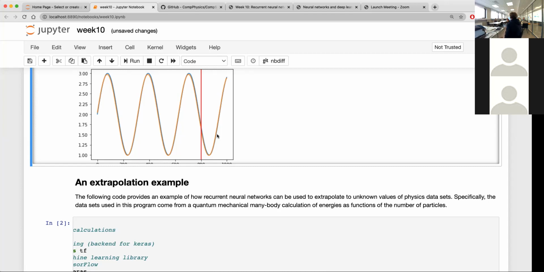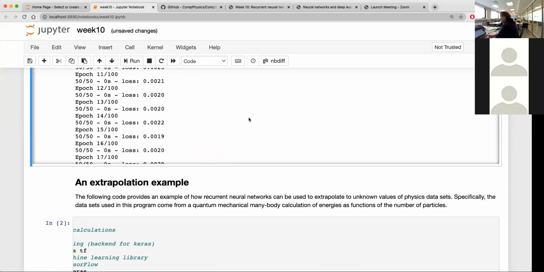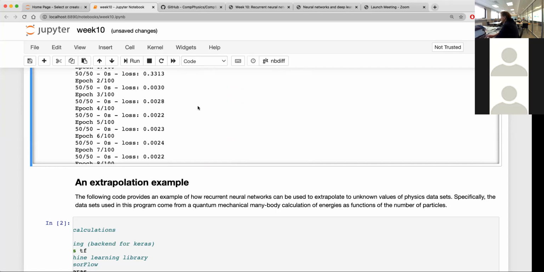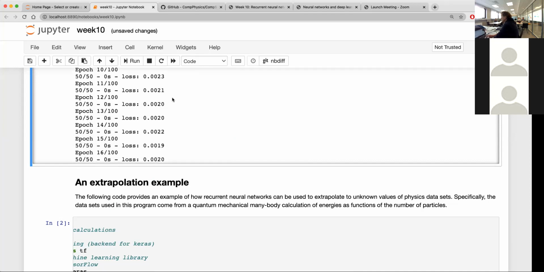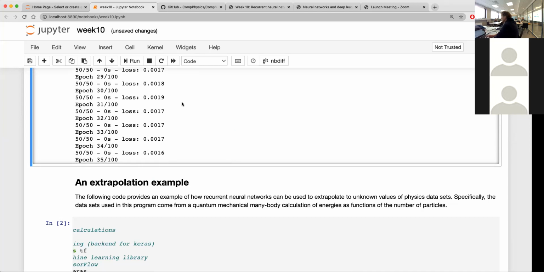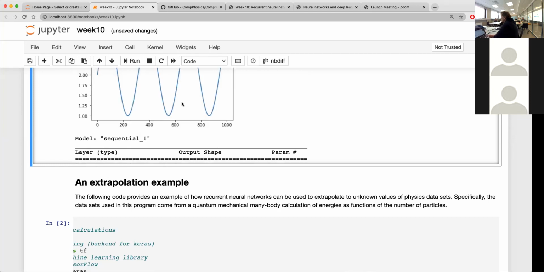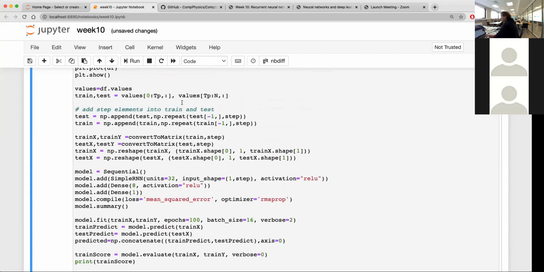This is a very simple case, but you could have experimental data which are given at different time steps. And then you could train the recurrent neural network on the first 800 data points which you have, and then make a prediction for later data points. So this is a typical example of how you can use recurrent neural networks. Now, if you were to add more noise here, then clearly you would see that. You see the loss function, which is actually the error you make as you move on. It's getting smaller and smaller, which is also pretty satisfactory. So you're typically at the third decimal point.